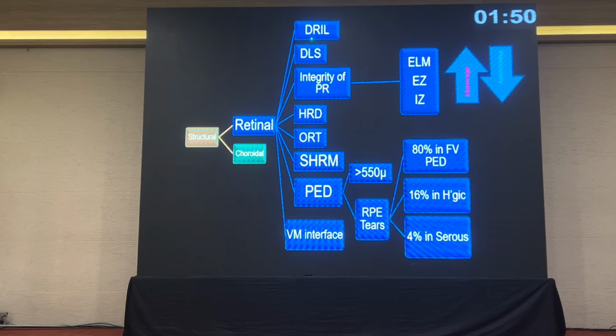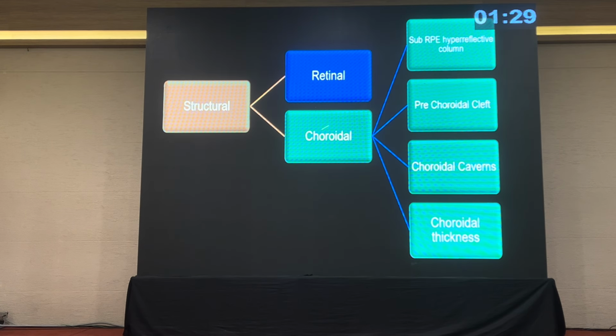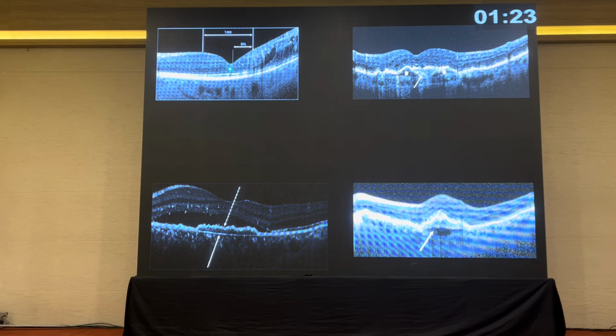The retinal biomarkers, the most important one that we see in vascular diseases like diabetic maculopathy as well as vein occlusion, would be disorganization of retinal inner layers, and then in other conditions like CSR, PCV, you see the double layer sign. And of course, we did discuss the integrity of the photoreceptors, and these are the other biomarkers. For the choroid, mostly the choroid thickness is what we commonly use. Some of the biomarkers we can have a look at: this is the inner retinal layers clearly seen here on this side, but here it is absent. So this is a drusen, and this is a subretinal hyperreflective material. This could be a choroidal cleft, and this is the double layered sign.